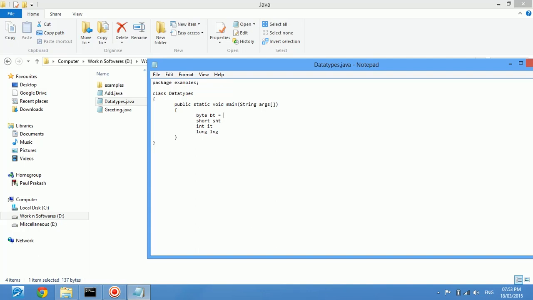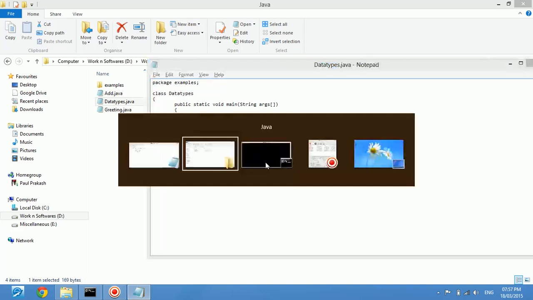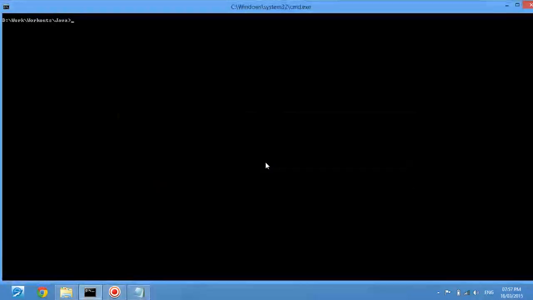So now I'm going to give 128 to the byte, and the rest of them I gave normal regular numbers. And let me see what happens. And for long, some number. And now let us do it. So javac -d . DataTypes.java,